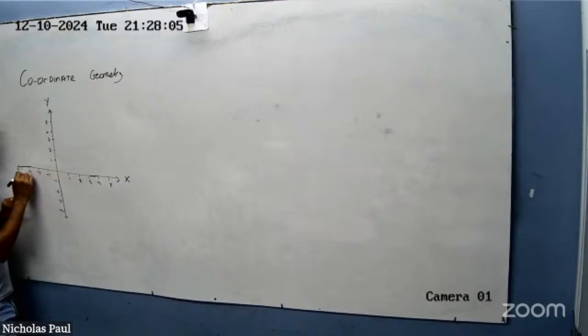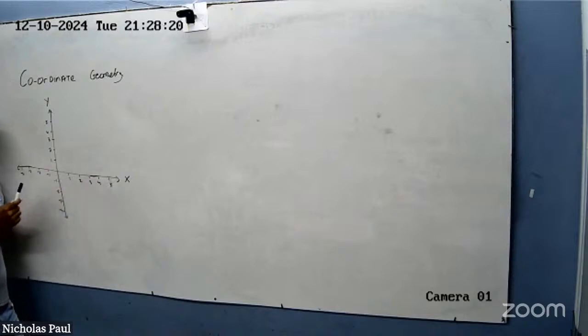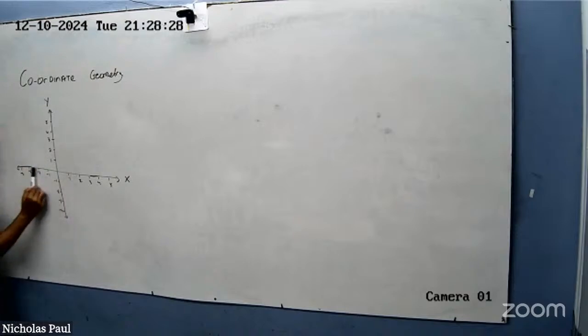Right? What you will recognize is that for every single point on this line, y is 0. So if I ask you to plot (1, 0), where would (1, 0) be? Here, right? If I said (5, 0)? If I said on the other hand (0, 4), where would that be? Here. Okay? So on this line,